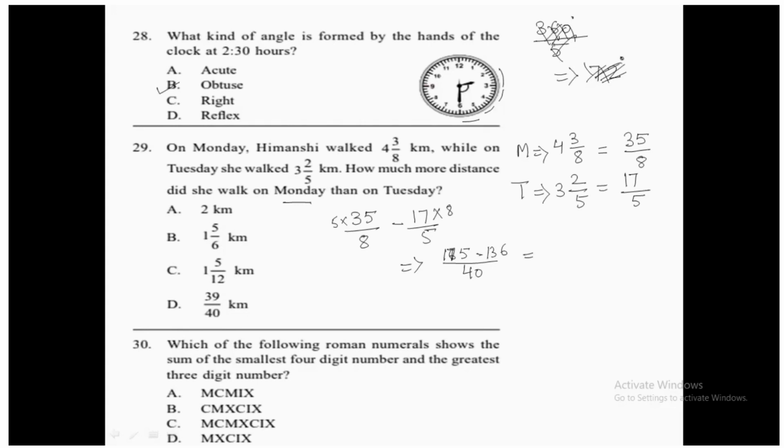So if I subtract both the numbers, what am I getting? Like 15 minus 6 is what? 15 minus 6 is 9. And 6 minus 3 is 3 only. Okay, 39 by 40 I am getting. So that's why option number D, 39 by 40, is my correct answer. Okay, now what I need to do,